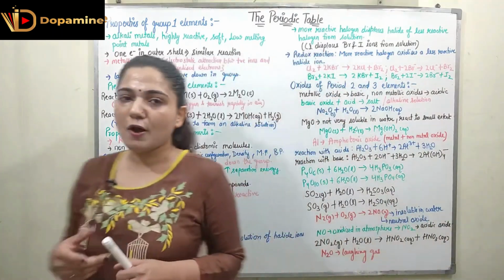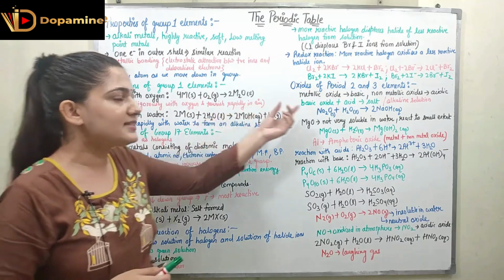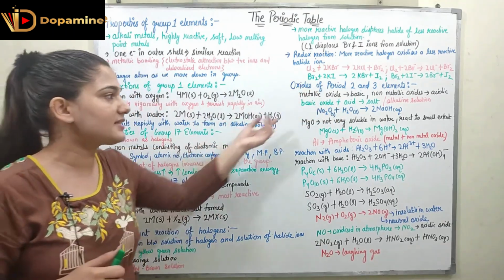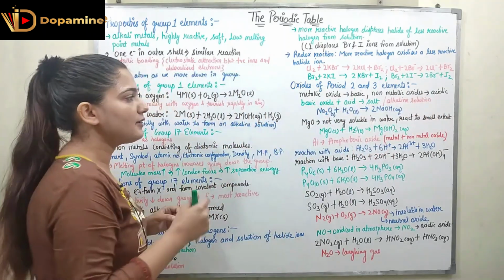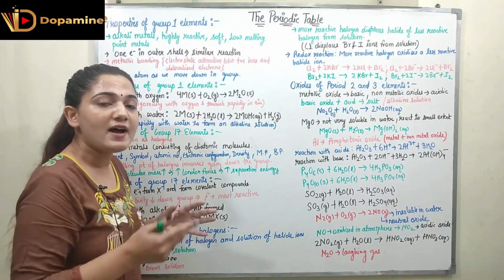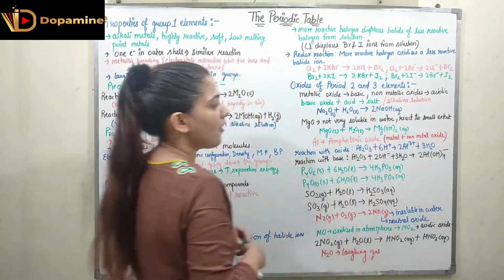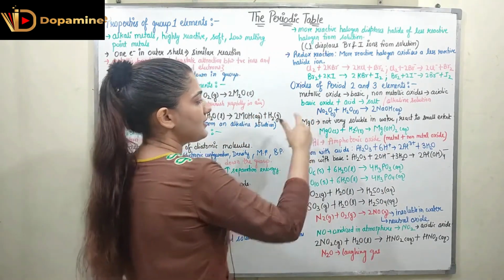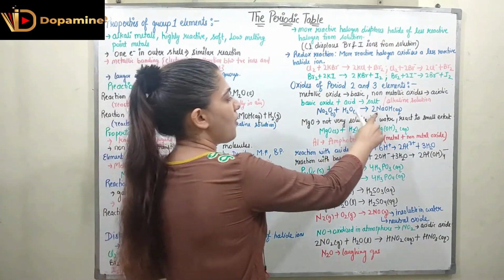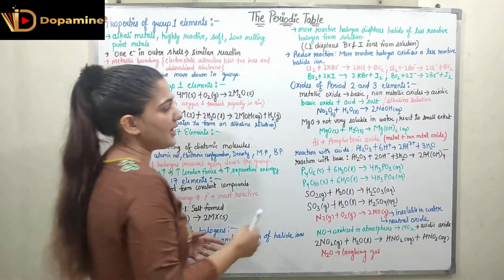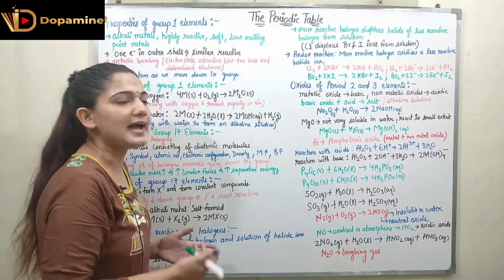Now coming to the next topic, that is the oxides of period 2 and period 3 elements. If I see all of the metallic oxides, all of the metallic oxides are basic in nature. The non-metallic oxides are acidic in nature, right? Now if I add acid to a basic oxide, it is going to form a salt, or other than that, it can form an alkaline solution. So here you can see Na2O is going to react with H2O and form 2NaOH, which is an alkaline solution. This alkaline solution is formed when sodium oxide was reacted with water.